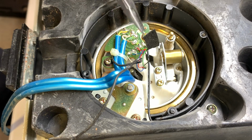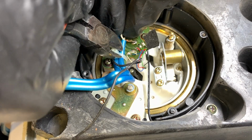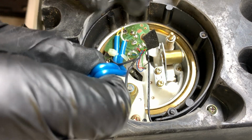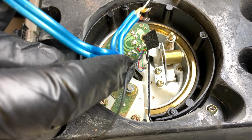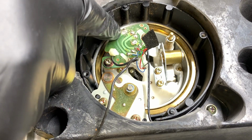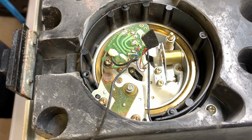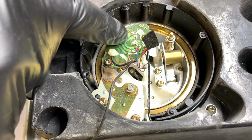All right, so they're good. Now, here's the reason why we waited to remove this zip tie. If I had removed the zip tie first, all of the weight of this cable would be on these joints right here, on these solder pads, solder joints. And it's a risk that the weight of the cable may actually rip them off,